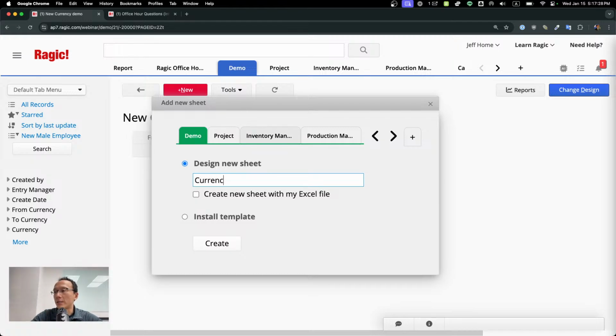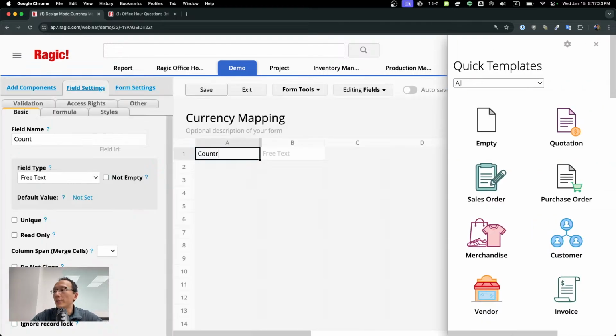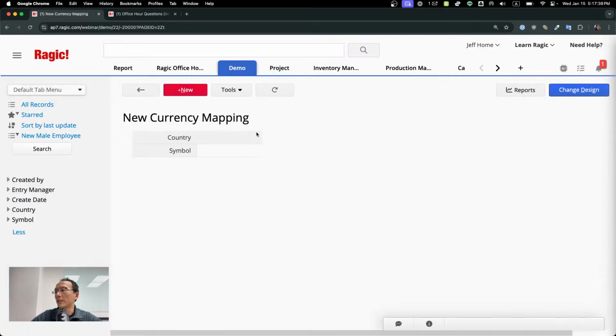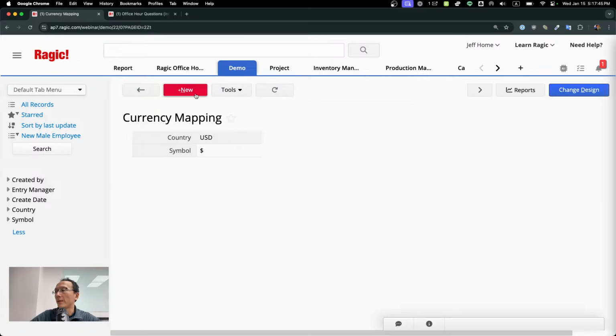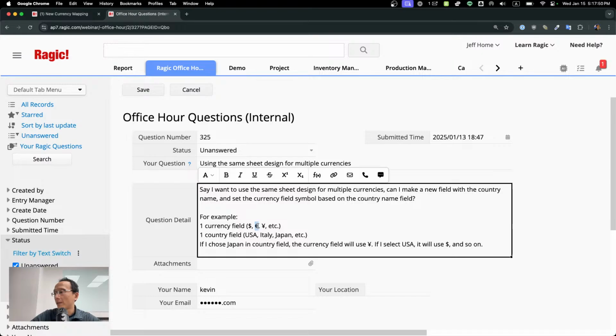So currency mapping. So let's say we have a currency mapping, a country and symbol. Okay, so if you have USD and you have $, save, and what else do you have? Euro,